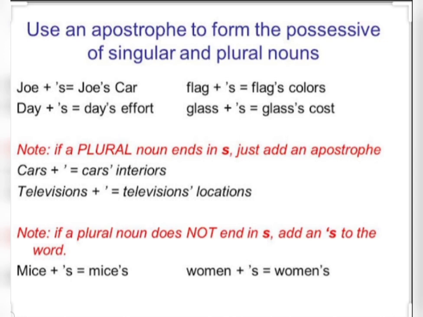Got it, this rule? Only you put apostrophe and s to show the singular possession. Now second rule: if a plural noun ends in s, just add an apostrophe. Okay, the second rule is different. In the first rule we learnt you have to add apostrophe and s, but in the second one, if the noun already ends with s, you will add only an apostrophe.